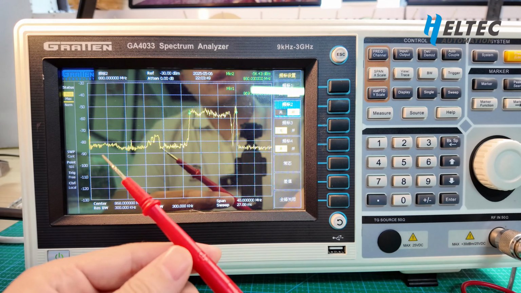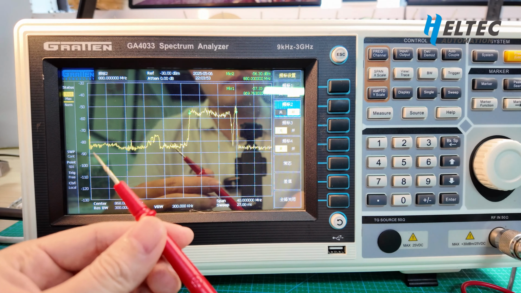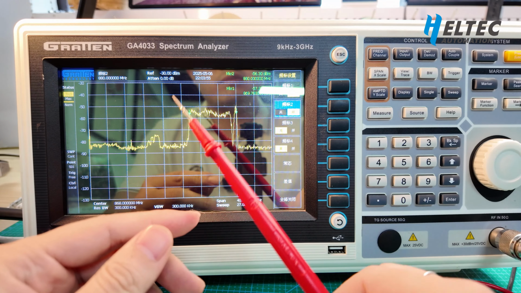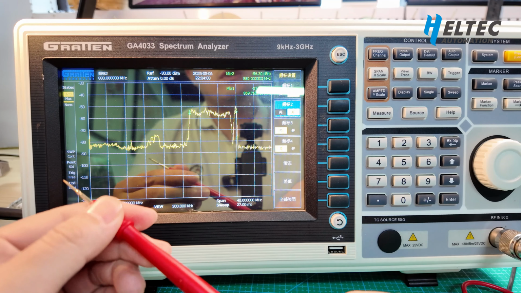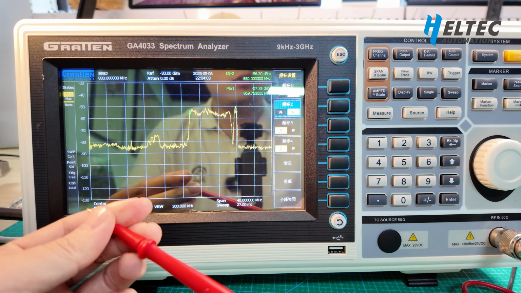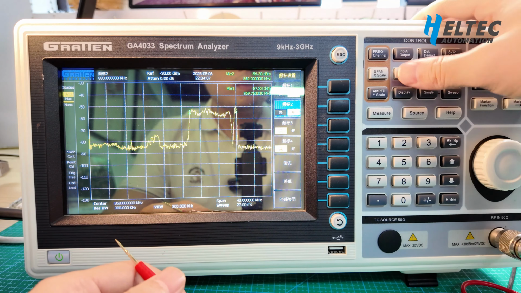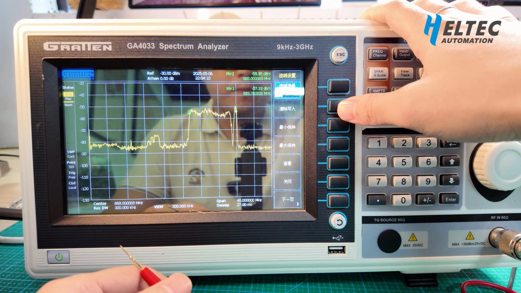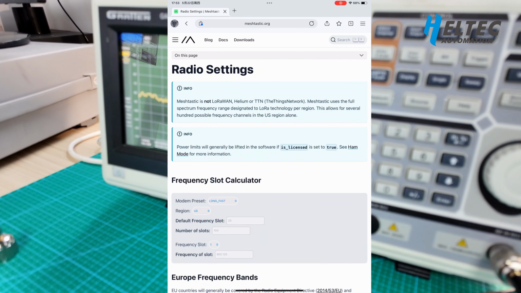But for LoRa communication, this is absolutely noise. The LoRa communication in EU 868 and the China Unicom CDMA LTE network affect each other. And when we clear the markers, now let's go back to Meshtastic.